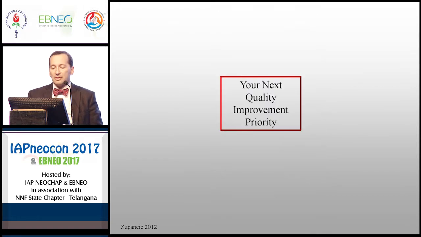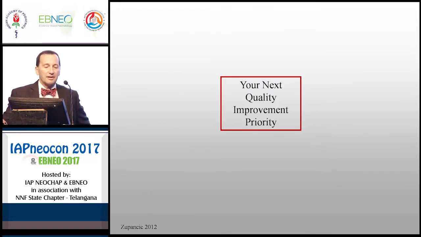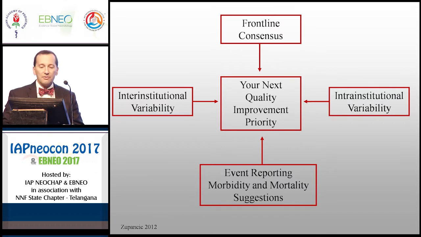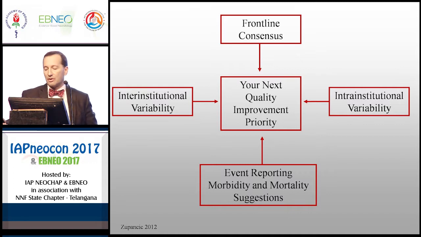I'll try to keep this as practical as we can. So what sort of elements should we be looking at in deciding what your next quality improvement priority should be? I'm going to talk about four. Some of them are quite common sense, and some of them are more data-driven. But in each case, I hope that I'll be able to show that there is essentially an evidence-based approach to applying them and to choosing a QI priority, a project priority.